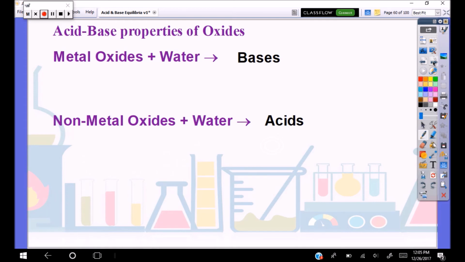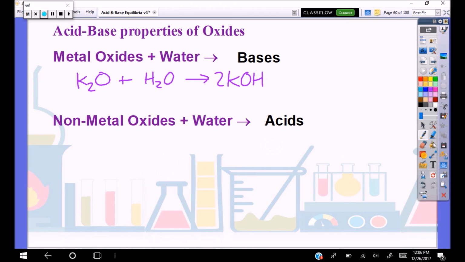One of the ways we can figure out whether or not something will form a base or an acid is to look at how they mix with water. So also getting into the acid-base properties of oxides. If you have a metal oxide mixing with water, it's generally going to form a base. This is going the opposite direction. If we have our salt, we dump it in water, we're going to figure out what it forms. If we have a non-metal oxide and water, it's going to form an acid. My example here is potassium oxide. If we mix that with water, it will dissociate, and we end up getting